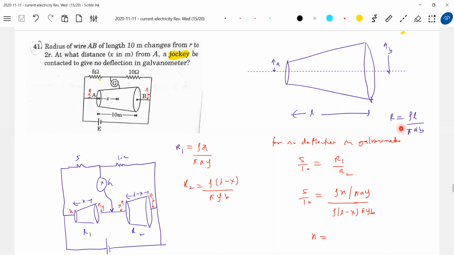So what is the resistance of standard shapes? What are standard shapes? Cylinder. There's a tapered rod, also called a truncated cone. Then a thick cylindrical shell. These are some standard structures. If you remember them, it helps in exams. If you don't know this formula, I don't think you can work it out. Anybody who knows the formula will have an advantage. Those who don't have the formula will derive it, and then they'll come to this. So definitely there's a hedge. Memory will help you to score better marks.